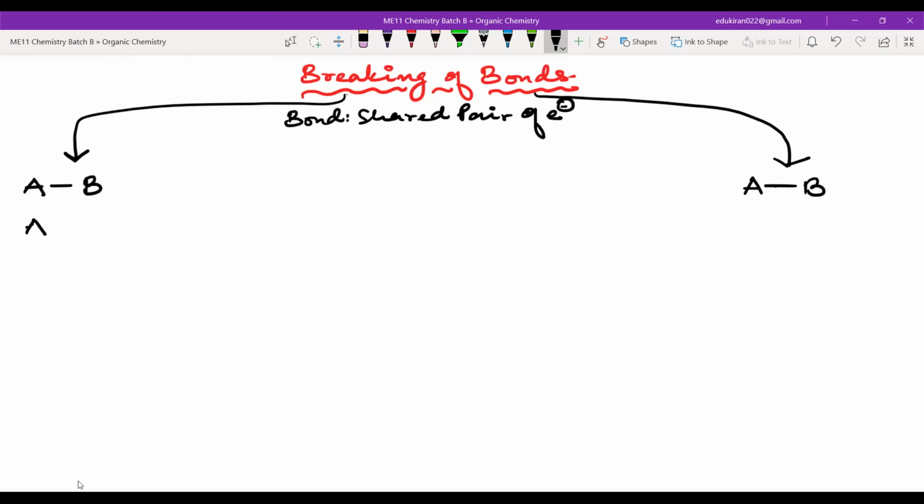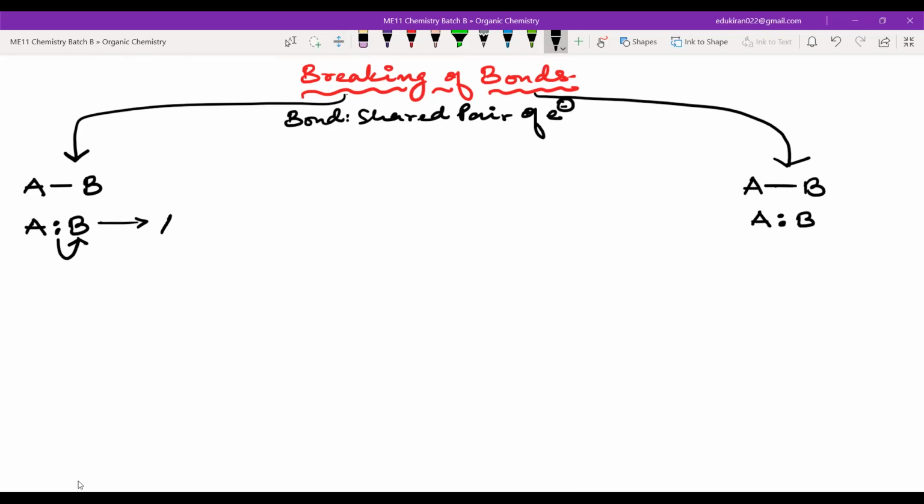Now we can show this as the Lewis dot structure, that one pair of electrons has been shared between these atoms. Now there are two things that can happen when I want to break this bond. Either both of these electrons can move to the atom B, okay, or A,